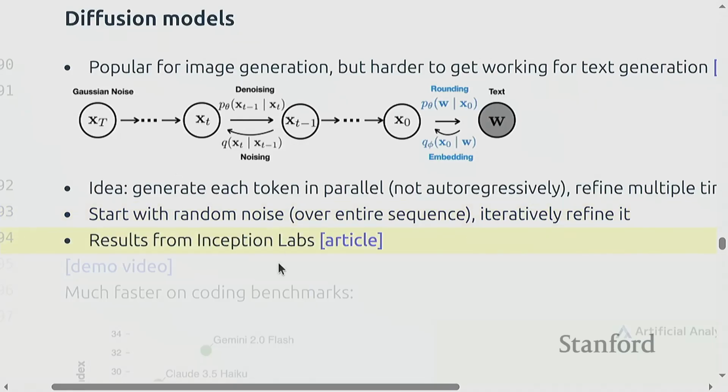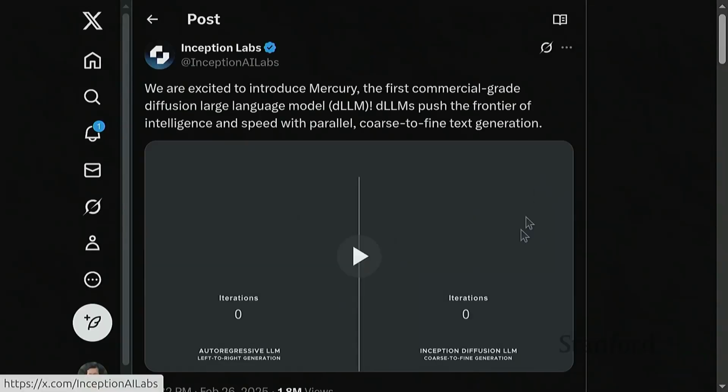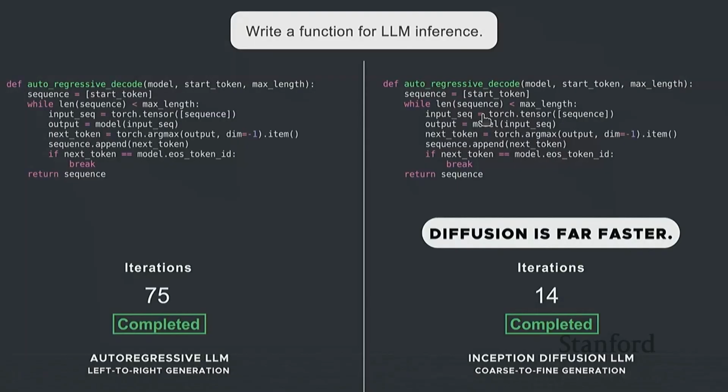Recently, Inception Labs has produced some pretty interesting models. There's not much written about them, but you can see a demo of the generation process. It just generates code instantaneously, but it's obviously kind of broken code, and then it refines